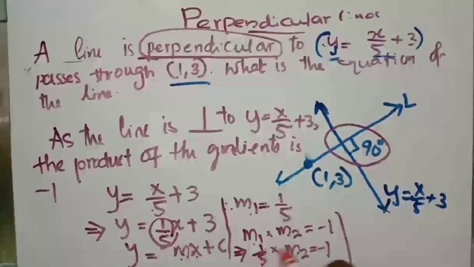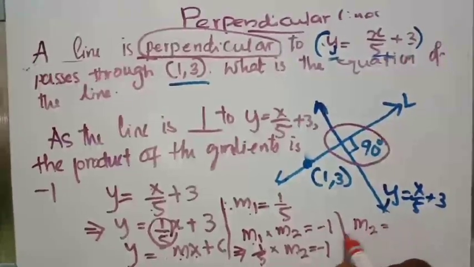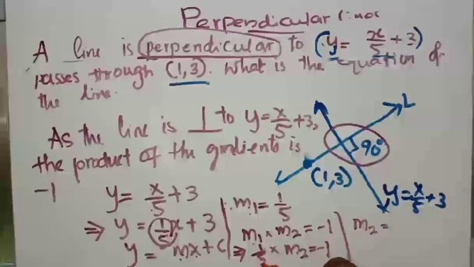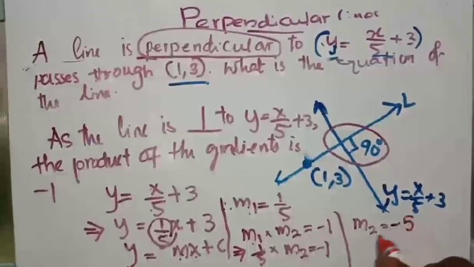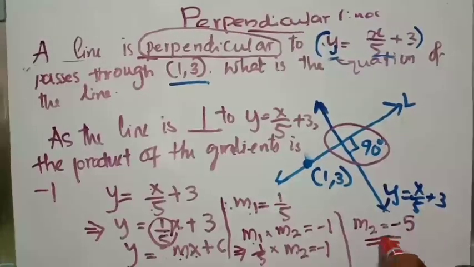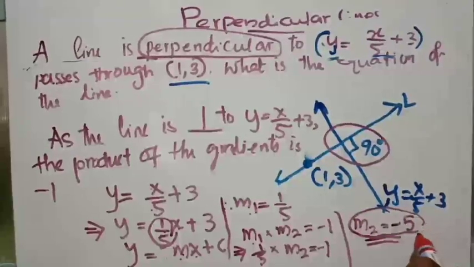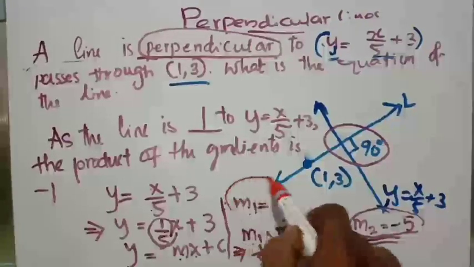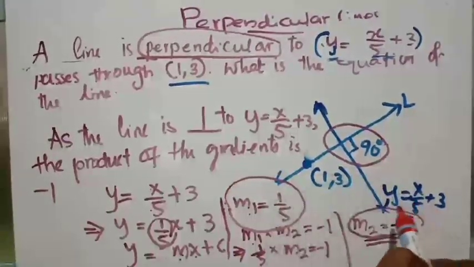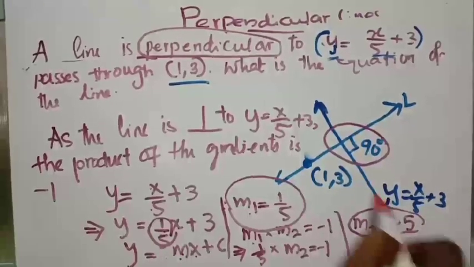So when you cross multiply this 1 by 5 here, we get m2 is -1 into 5, which is -5. So we get m2 as -5, which is the gradient of the required line. So what is the gradient of the given line? It is m1, that's equal to 1 by 5, and the gradient of the required line is m2, that is equal to -5. Okay,